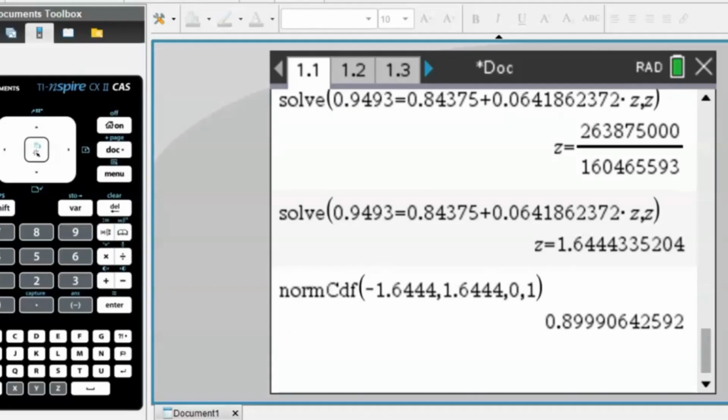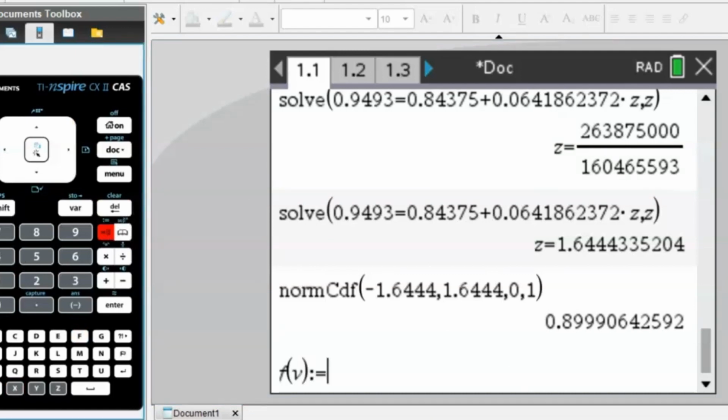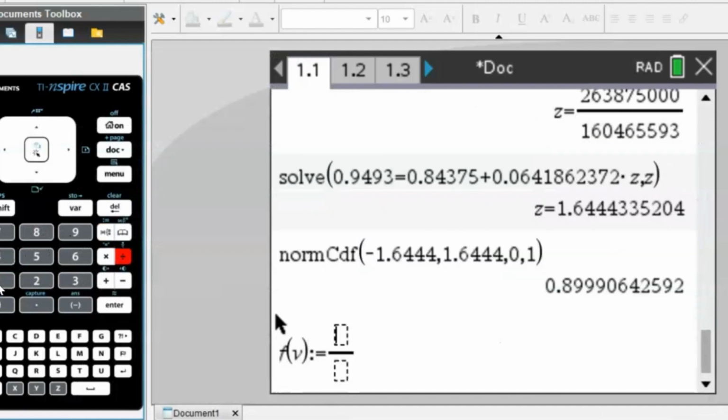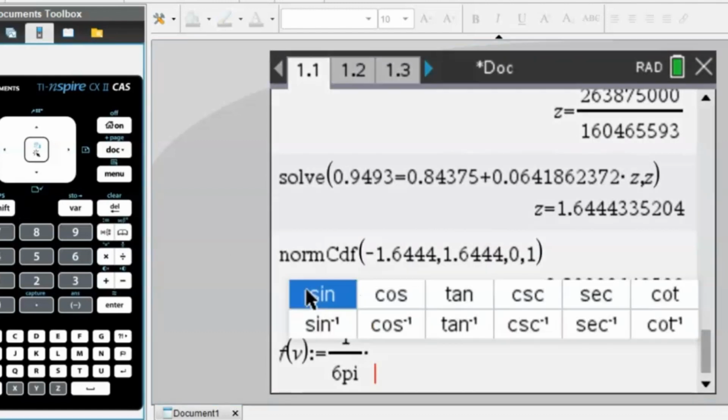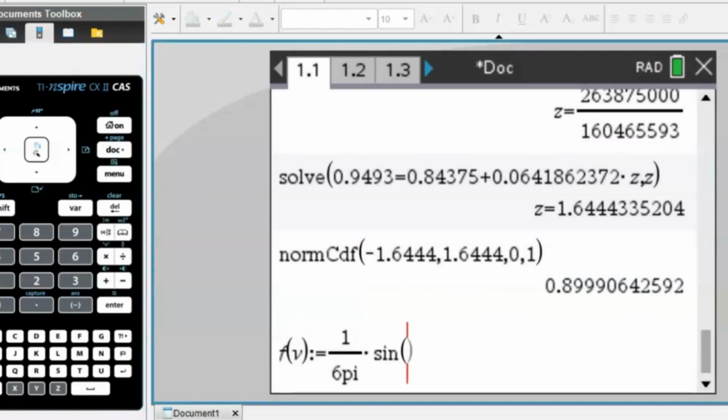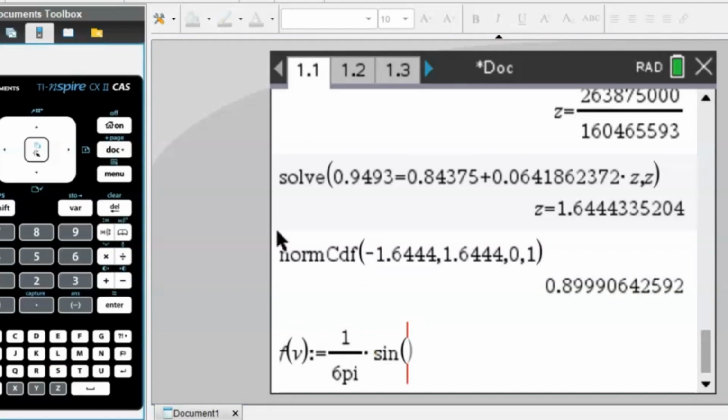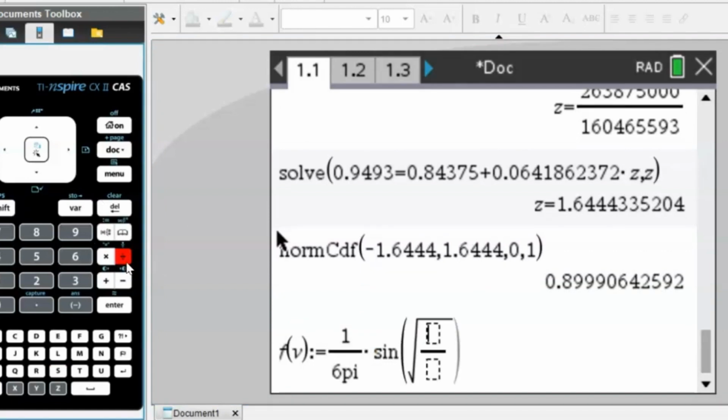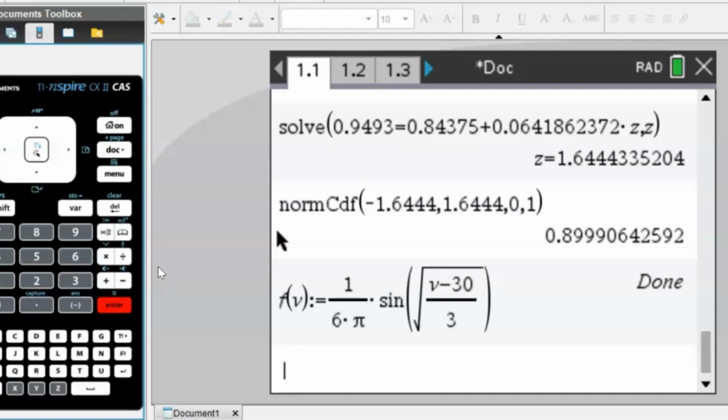It's a new function, f of v, such that, all right, now v minus 30 over 3. We've defined that, so we want to find out